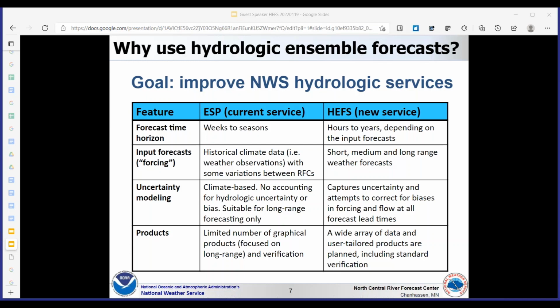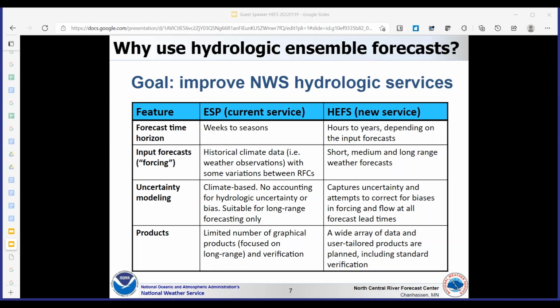The HEFS accommodates weather and climate forecasts from a variety of sources, including the RFC quantitative precipitation forecasts and quantitative temperature forecasts, as well as ensemble weather forecasts from the GEFS and the CFS.